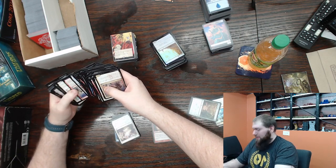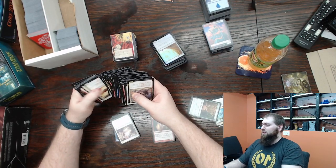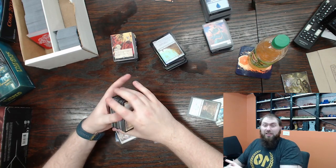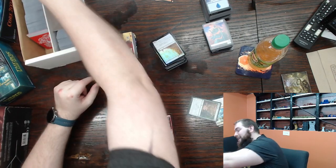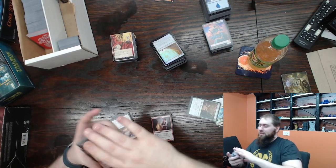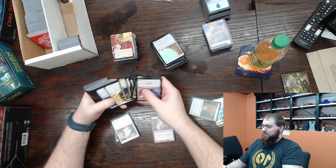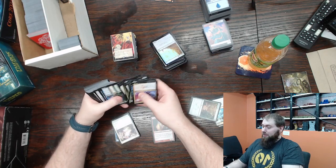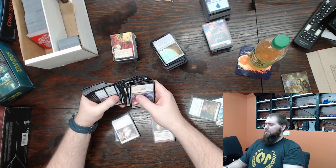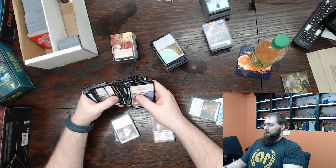See, I should really sit up straight. My back is gonna kill me tomorrow, hunched over sorting cards, man. You gotta get good posture, or else it just kills your back. You can't just be hunched over the whole time, even though it kind of forces you to do it almost. I don't know, maybe I'm just used to it. I just got bad posture, but I'm gonna pay for it if I don't correct it. So I need to sit up straight, pull the shoulders back, and puff out the chest. Anyways,